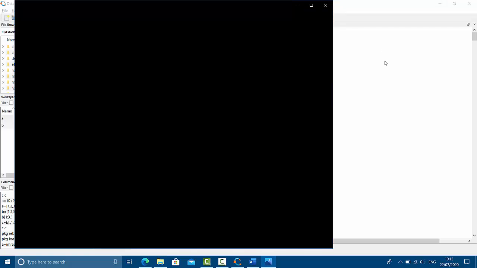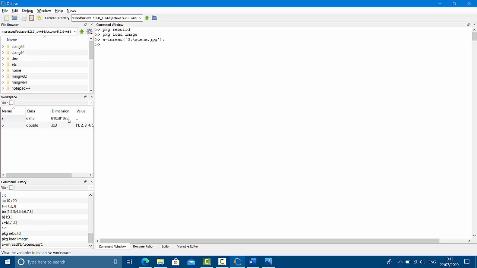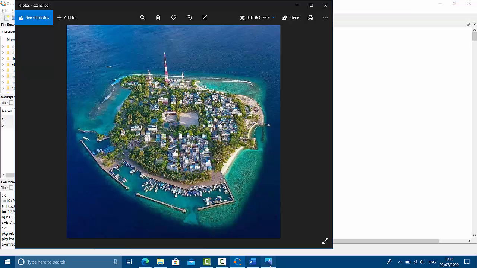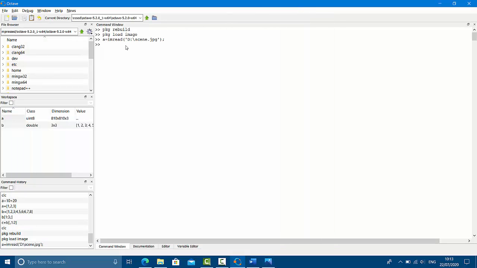Because of that it has to have 3 colors, so the 3 color information will be present in the third dimension, right? So this is your image.